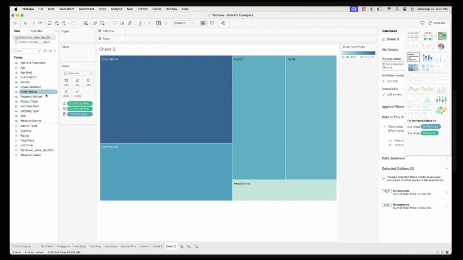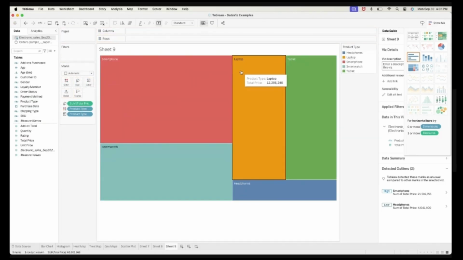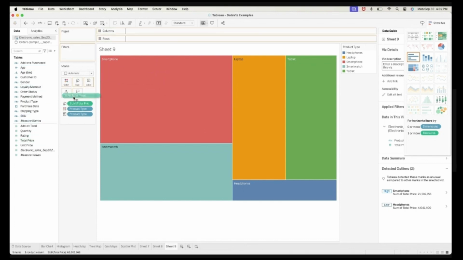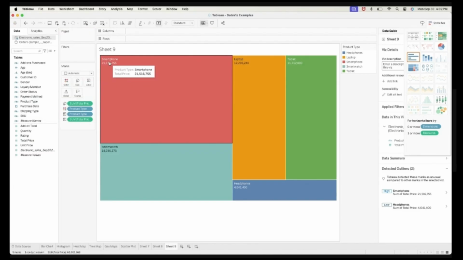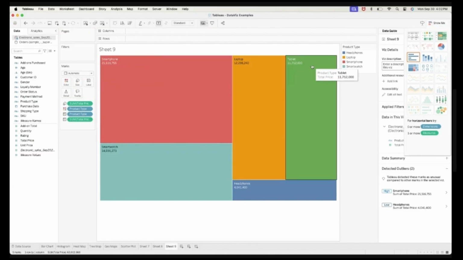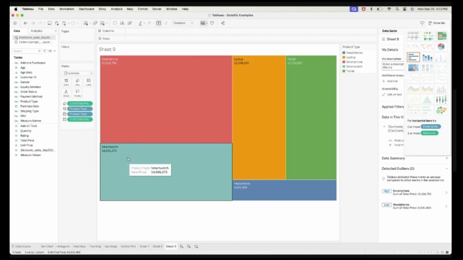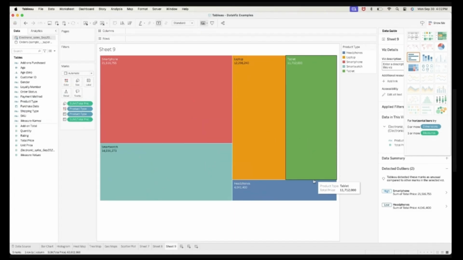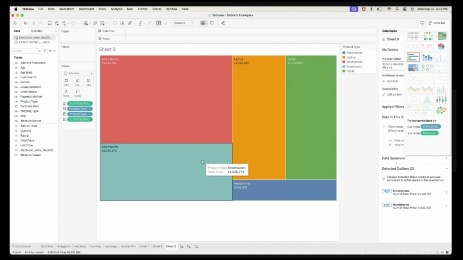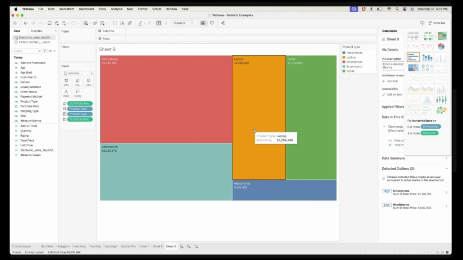Then I can change the color if I want to. We can just make use of the product again. Just drag it to the color, then you'll have different colors, right? Now, if you want to show the labels like the total price, you can make use of that again. You drag it to the label so it shows. There. The product type is few, so our tree map still looks good.